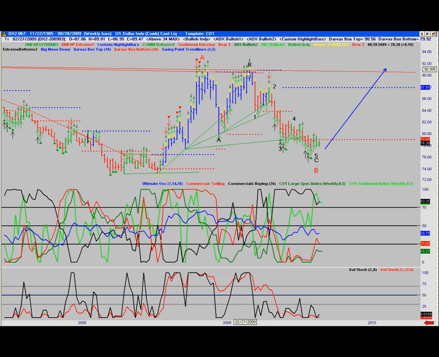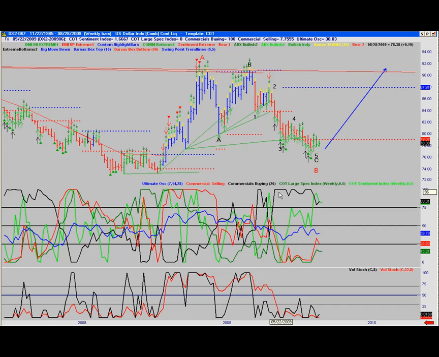We see an A, B, and we think we're in the fifth wave of a C wave, which overall would make it a B wave, for those of you who keep track. And once we bottom in the dollar, which we'll show you why we think is about to happen, we will start off in a nice rally up to the 90s plus for the final thrust of the dollar for a C wave. But back down to the basics here.